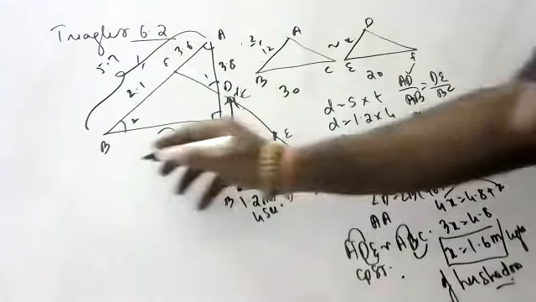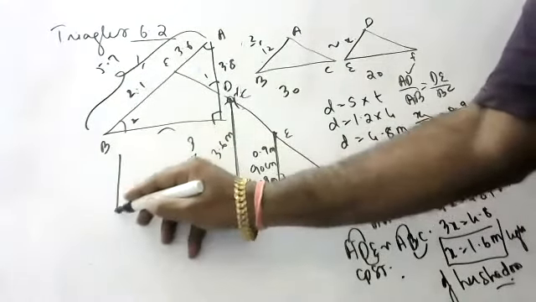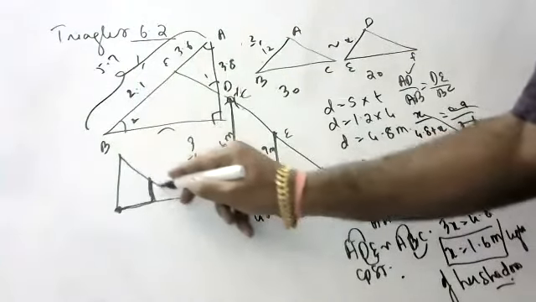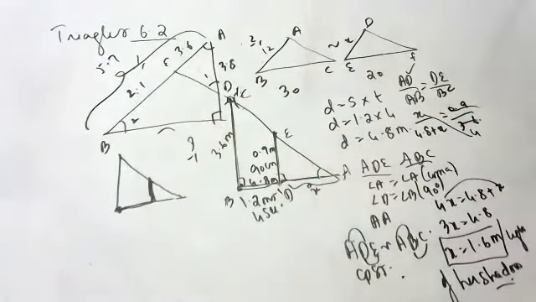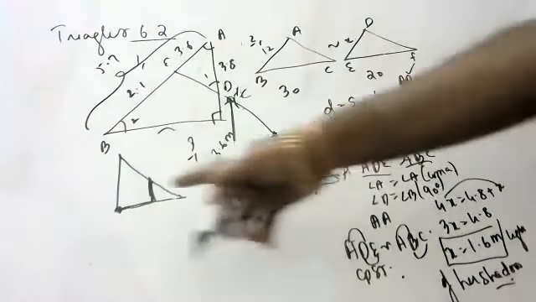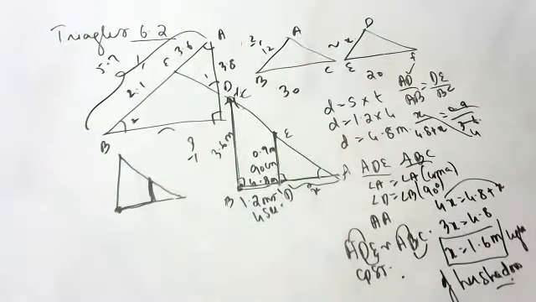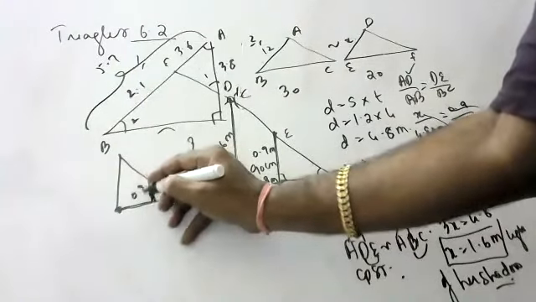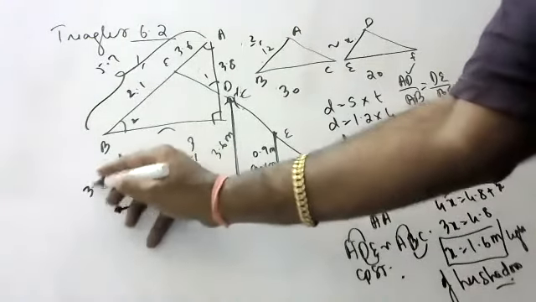Okay, children. Initially, she was here. She walked and came to here. Because she came here, her shadow will fall on the ground. This is by the geometry method. We can do this by the trigonometry method also, children. Do you want me to show by the trigonometry method? Yes, sir.